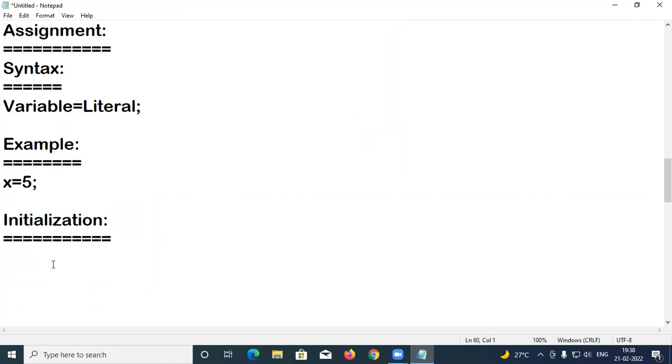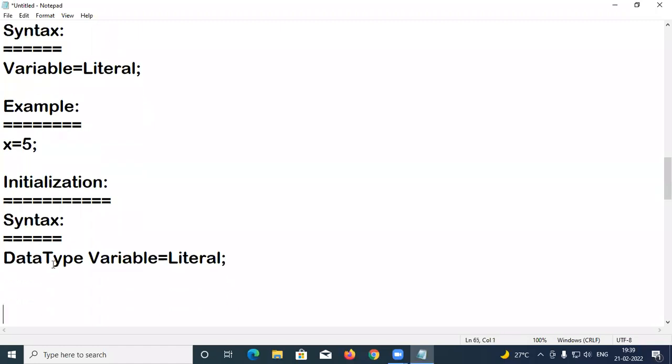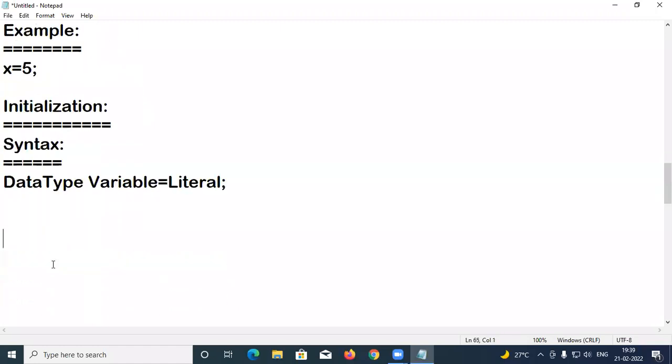Initialization syntax: data type, variable equal to literal. Example,